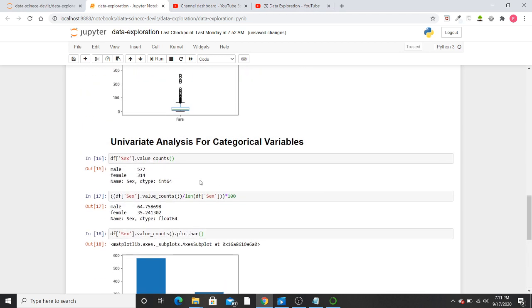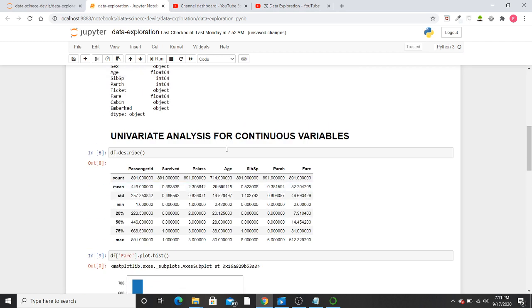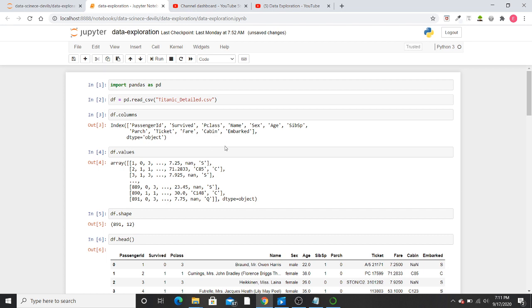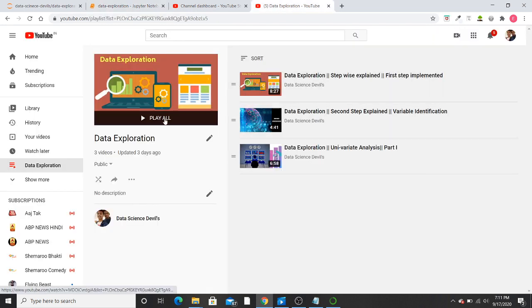Now if you see the univariate analysis for categorical variables code, and then this code and then this code, it may look very small, but it looks small because I have divided the data exploration playlist into a number of videos.